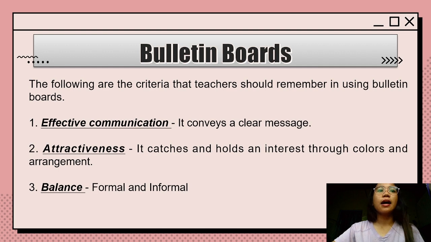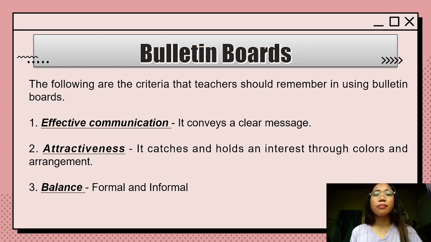So, next is balance. Pag sinabi natin balance, boards can be a great way for teachers to interact with students and help them keep on track with the students. But they should be used thoughtfully and carefully since too many visual distractions can be overwhelming and distract from learning. So here are some tips for ensuring that your bulletin boards are used effectively. First is balance, organization, clarity, aesthetics, and freshness. So balance is formed in